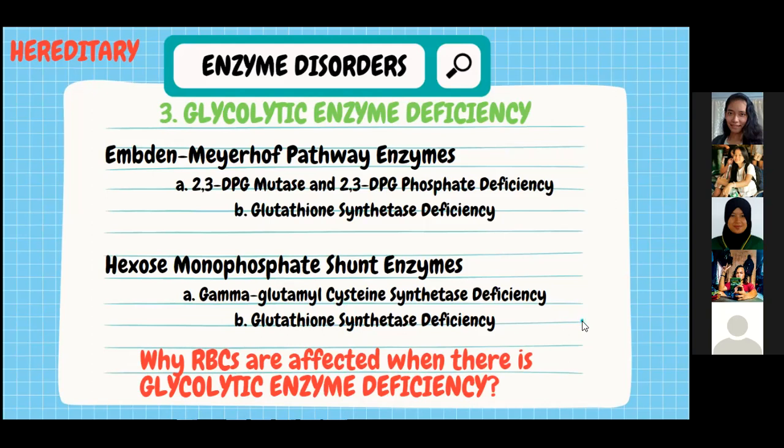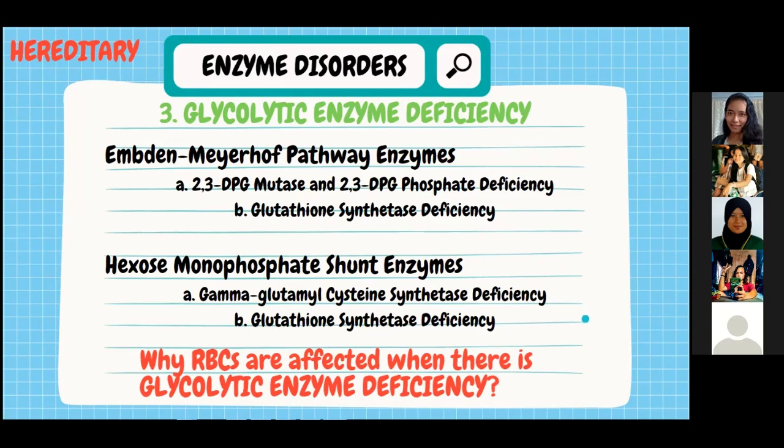So again, I have a question. Why do you think RBCs are affected when there is glycolytic enzyme deficiency? Take note that our RBCs are anucleated, meaning they have no nucleus and no mitochondria, so they cannot make their own energy to be functional. So they rely on other sources, specifically on the Embden-Meyerhof pathway. So if